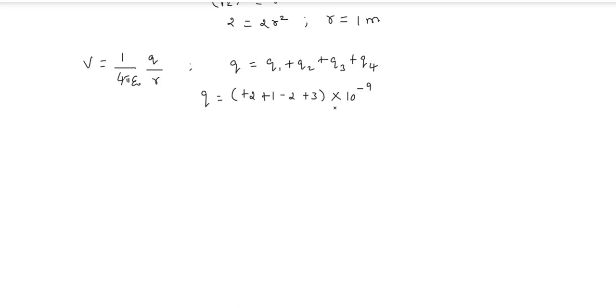Taking 10 power minus 9 common, plus 2 minus 2 cancel, 1 plus 3 equal to 4, so Q equal to 4 into 10 power minus 9